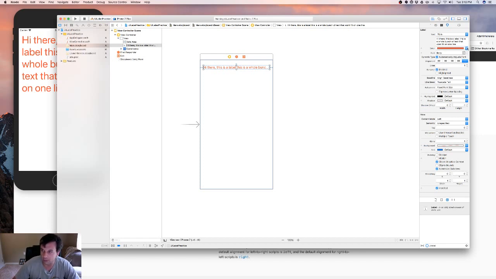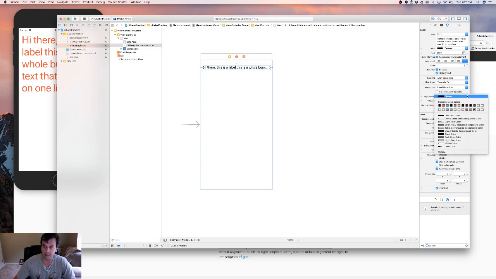Enabled versus disabled. We'll go back to just the default color. Enabled versus disabled is something that is inherited from UIView, and the way that a label implements isEnabled. So if we turn it off, you see how it goes a little bit lighter gray. So it reduces the saturation of the color of the label when it's disabled. Highlighted means that if it is highlighted, it will show the text as the highlighted color. So if we pick red,